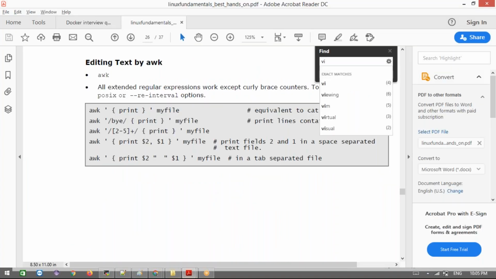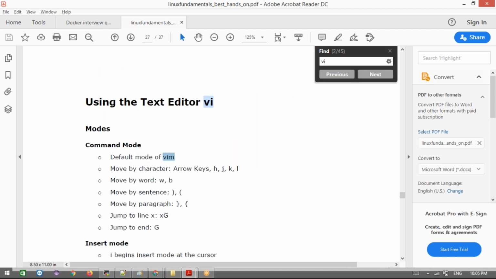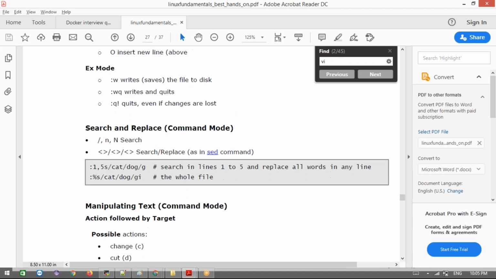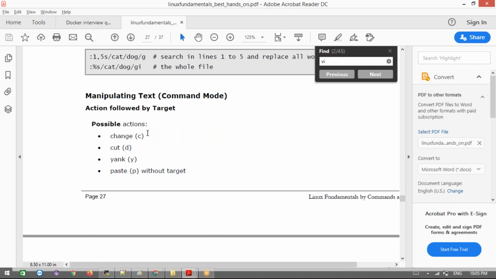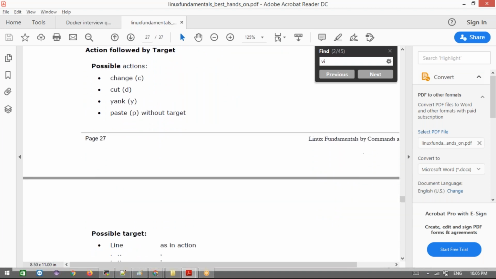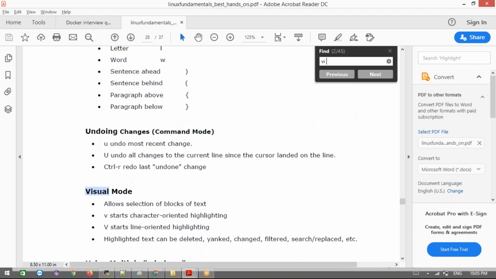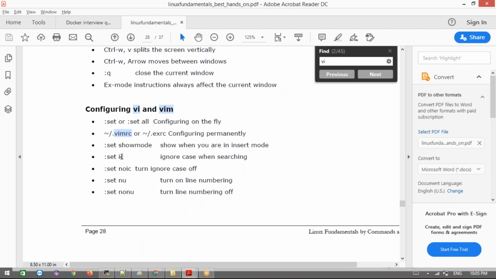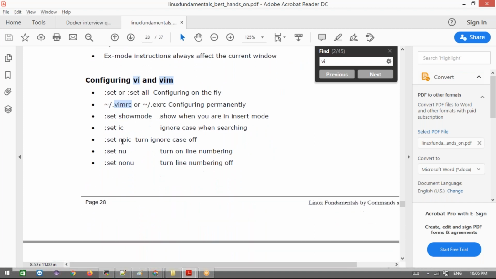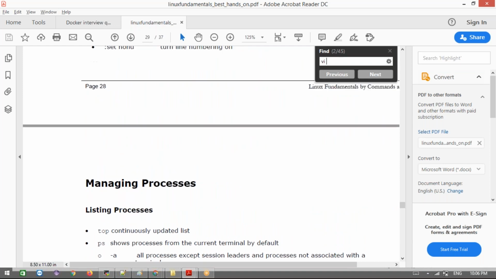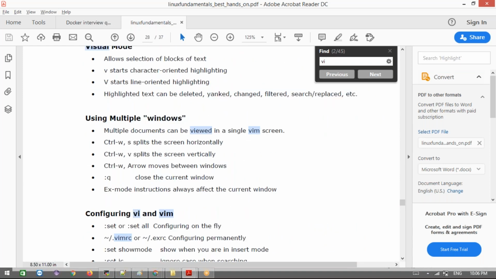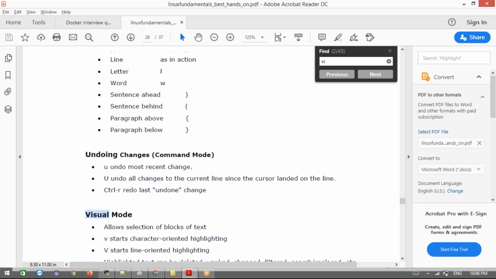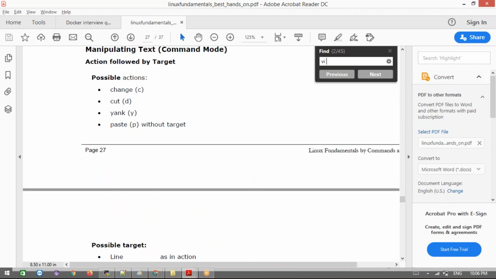If you go for the VI editor, even shortcuts we have, all things we have. See, cd, y, anchor, paste, all the options we have here. Visual mode, editor shortcuts, set I, set number, these things we have. A lot of features. Even I don't remember all the shortcuts. No one can, but the regular ones at least.